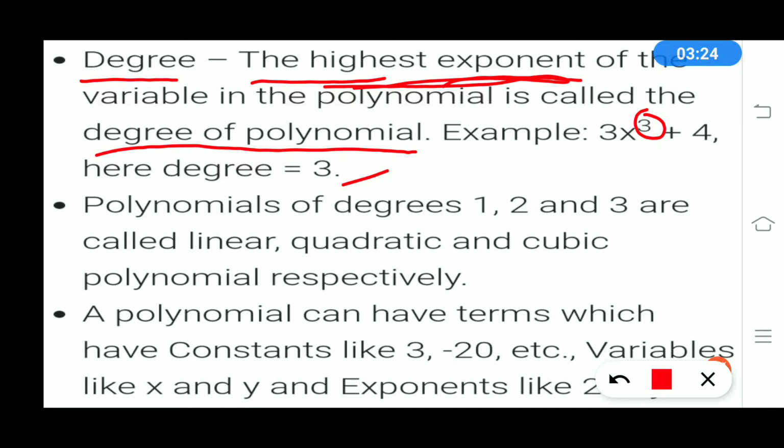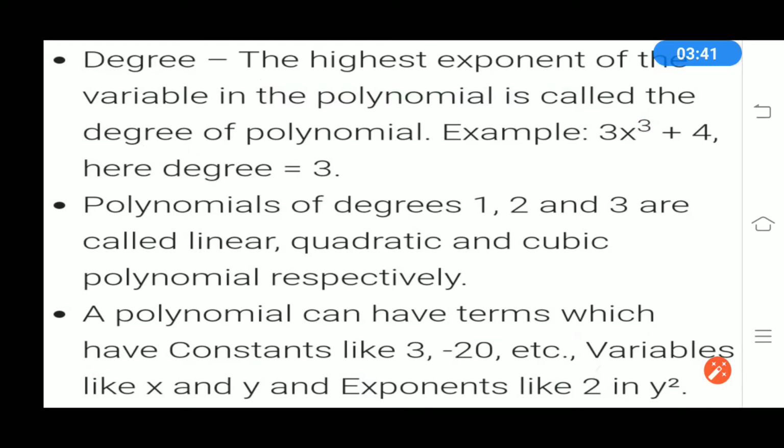Next, a polynomial can have terms which have constants like 3, minus 20, 5, minus 8, etc. And variables like x and y, and exponents like 2 in y square. So here the y square term is present, so the exponent of y is 2, that's why the degree